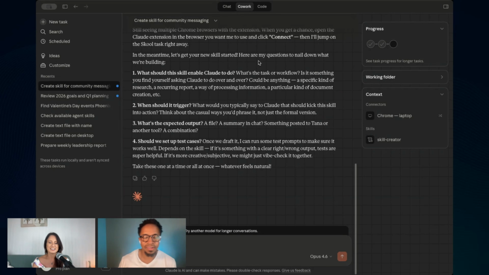No, the best practice is to use the skill builder that's inside of Claude. And when you describe what you want to do, it will be able to create exactly what you need that way.